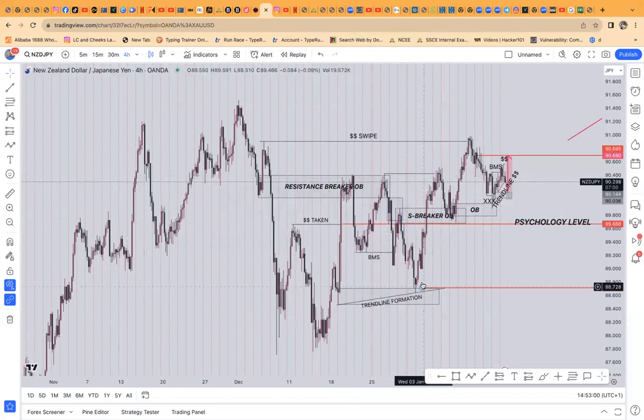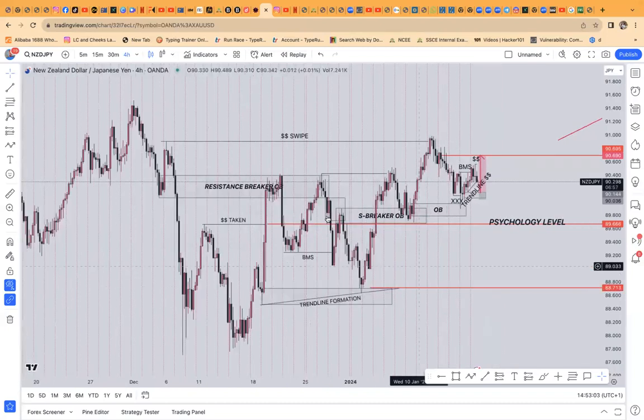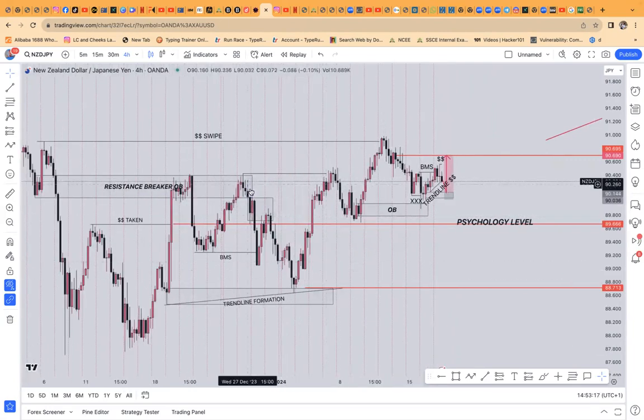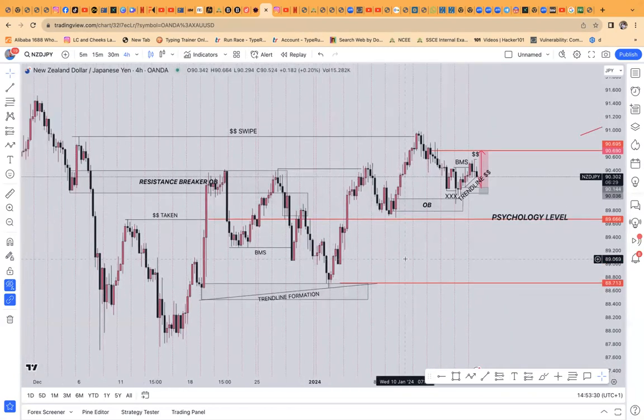But now price has left us, and then see what price is doing around this area. Now, see this area I marked as my OB. Price actually swept, that is a support, because this resistance here has now turned to support around this area. Look at this area. As price tapped into this area, it broke structure to the downside, left us with this one. This was the reaction here that broke this also, acting like a continuation trend. And it's not going to be a continuation trend because it is working under a resistance breaker OB and a resistance zone.